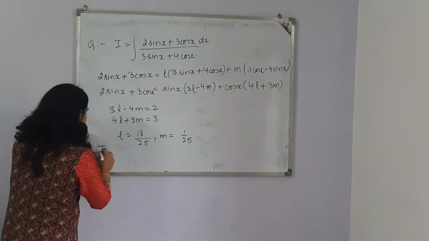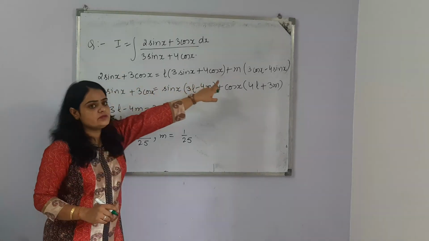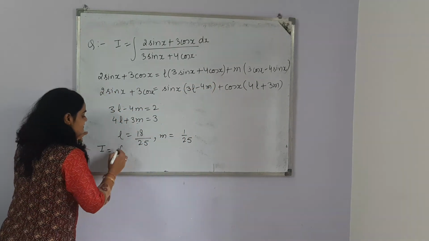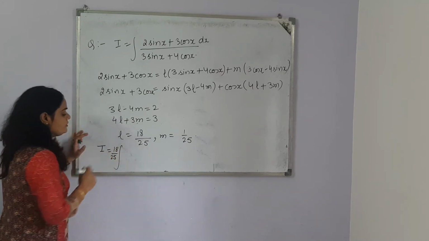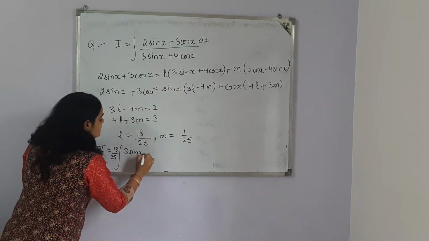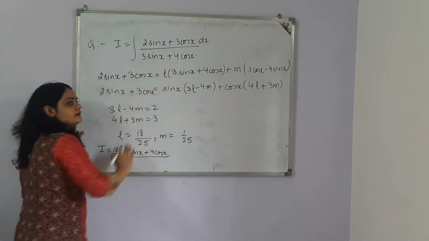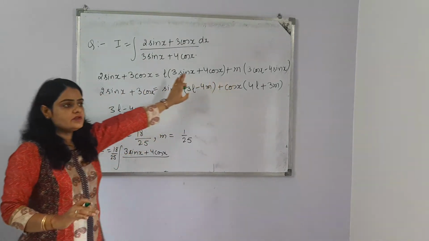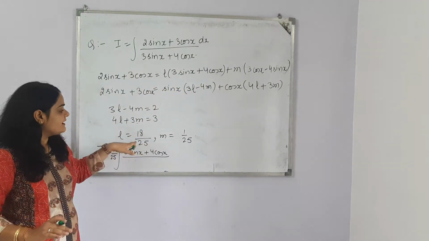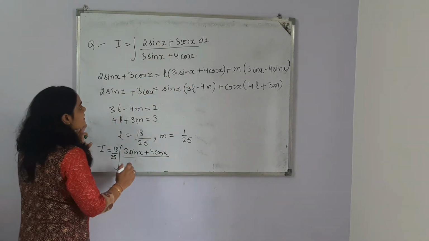Now we'll substitute. This is the numerator. The numerator is equal to this whole thing. So we'll substitute the value of L here. L is 18 by 25. This is a constant, so I'm writing 18 by 25 times (3 sin x plus 4 cos x) upon, of course, the denominator. We have segregated the numerator into this. Now we have the values of L and m, because before that they were unknown. So first of all we found the values of L and m, now we'll substitute here, and after that we'll do the integration.